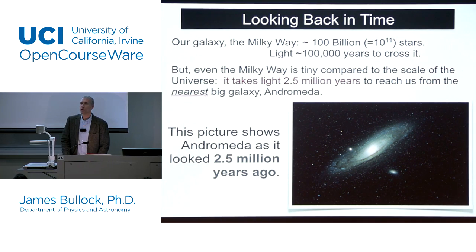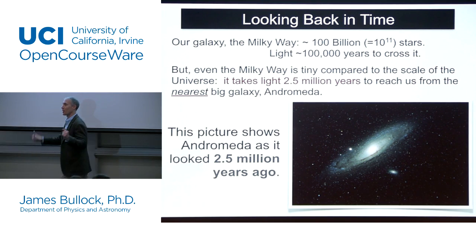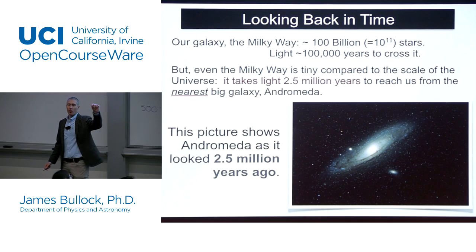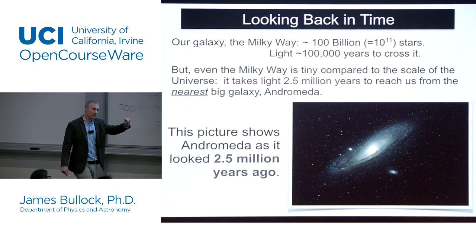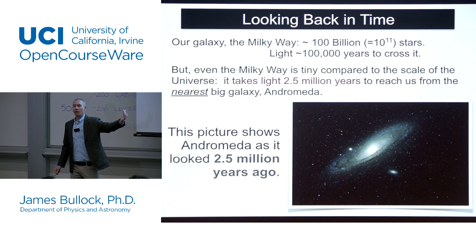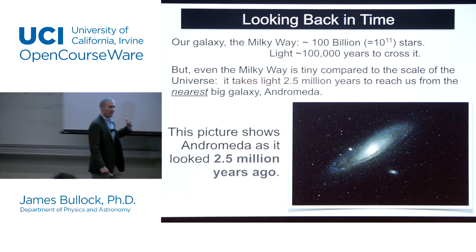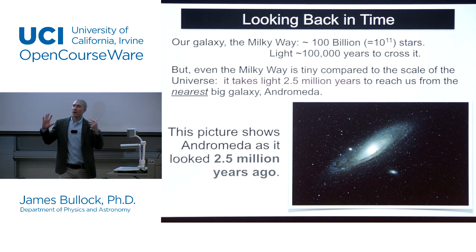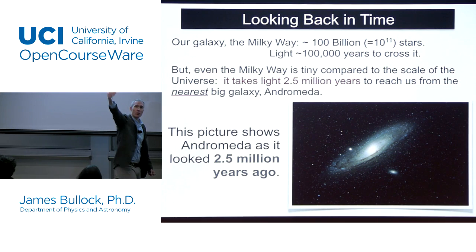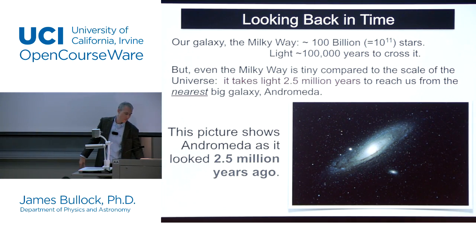Now, it turns out that 2.5 million years is really not that long of a time compared to 14 billion years. But we can look at things that are much, much farther away than Andromeda. And when we do, we see that the universe looked different in the far past than it looks now. So you can use the fact that light travels at a finite speed to basically build a movie of what was going on in the universe a long time ago, and then closer to now, and closer to now.